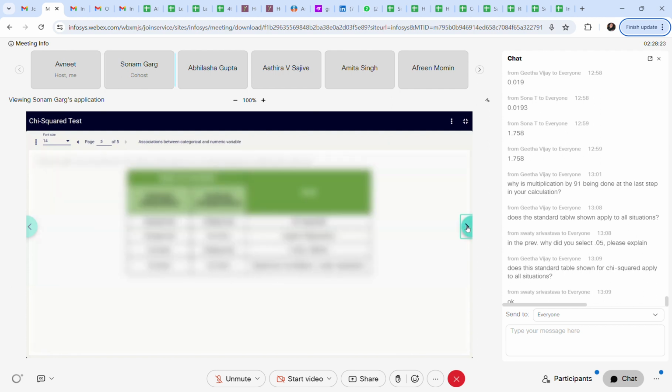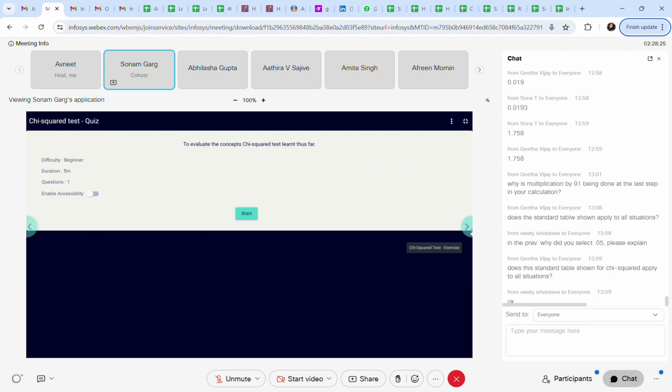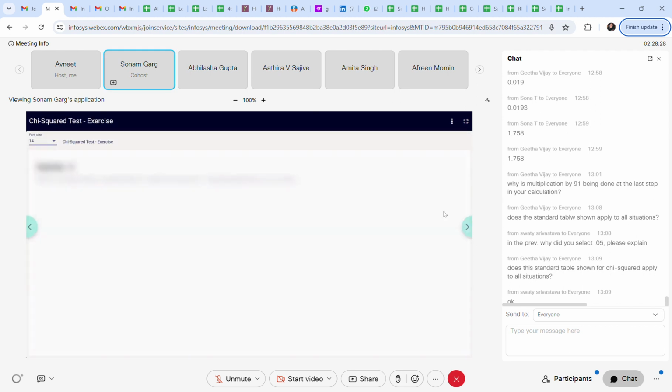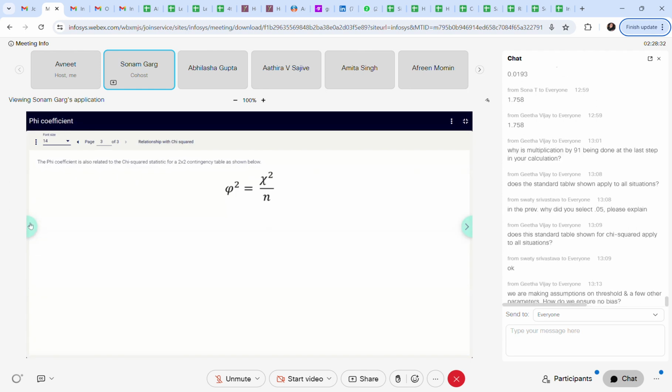You try to read all this, and if you still have doubt, we can discuss in the next session. See, another coefficient,